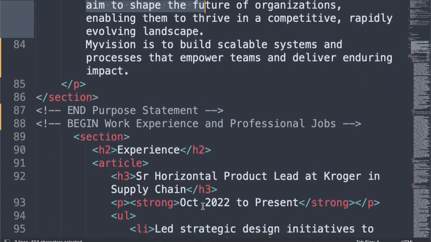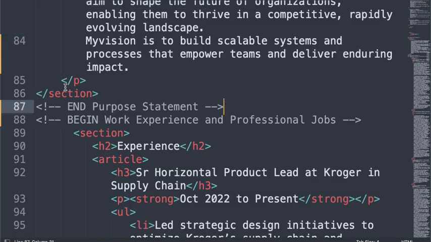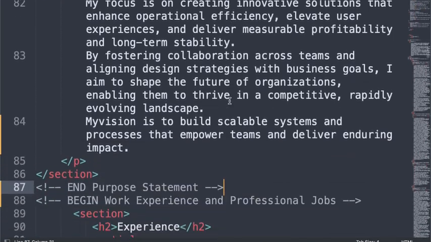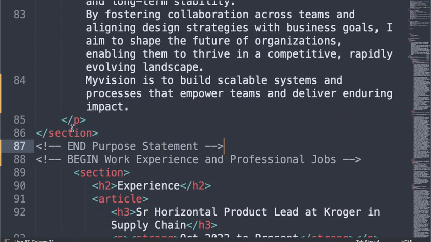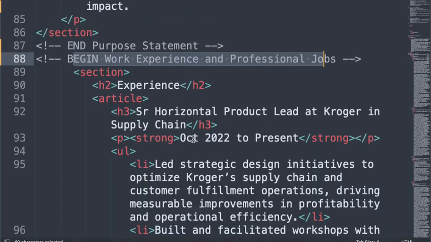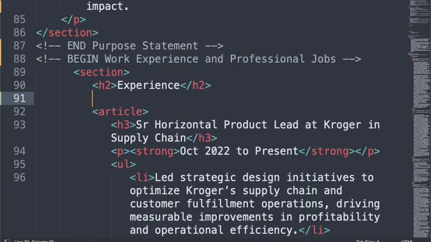That's not always what it does. Here I'm saying it's a beginning and end of my purpose statement, so I like to bracket sections with, hey, this is the purpose of this section, or this is the type of content, or the reason why I wrote this here. Again, beginning and end, I like to bracket those. So this is the entirety of my work history. I might come in and put inside here,